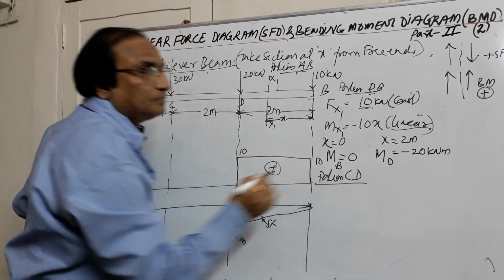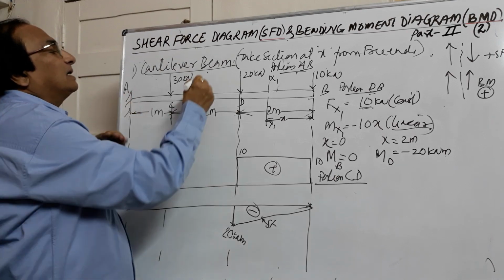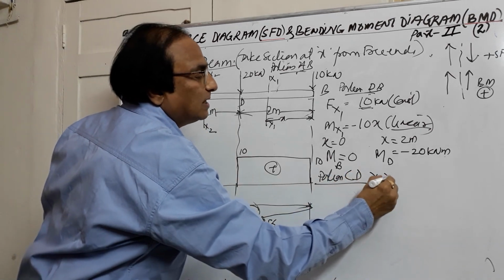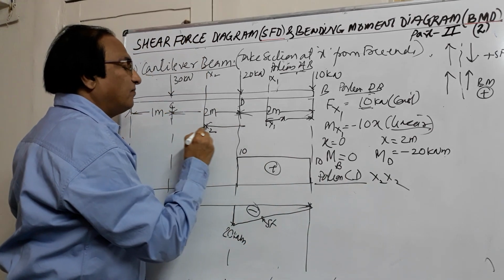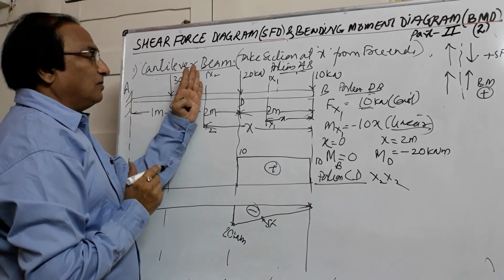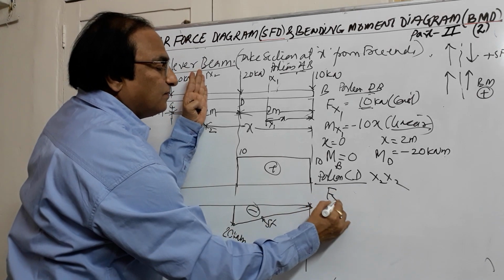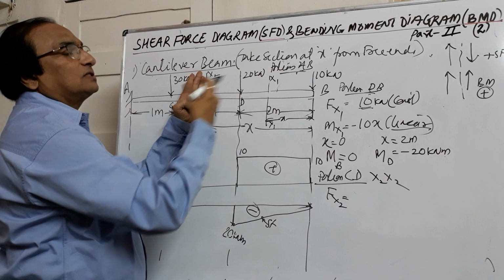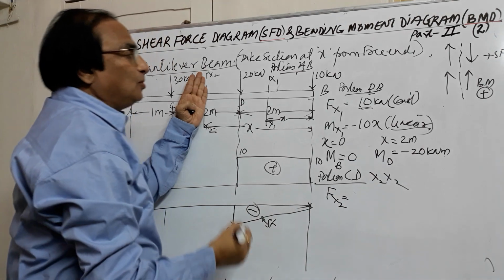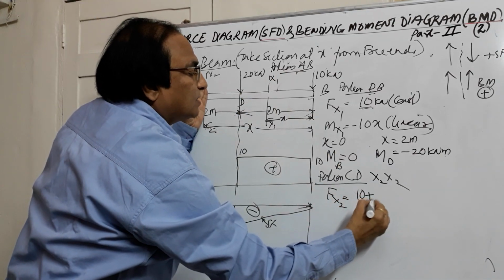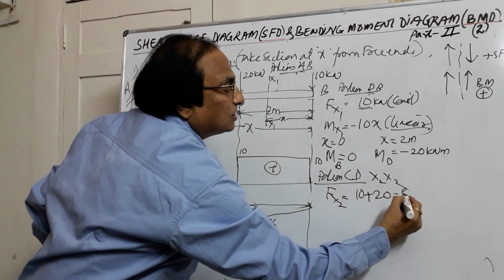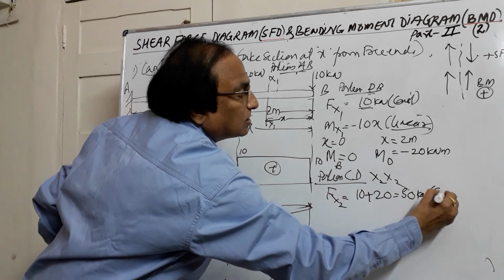Portion CD. If you see to the portion CD, let us consider a section x2, x2. So we are considering section x2. Again, the distance of the section from the free end is x. Forget that first. Now we are in the second portion. Now whenever I take second portion, if I take the shear force at x2, there are two forces acting on the right hand side. Both are down on the right. Down on the right, shear force is positive. Let us add them. 10 plus this is 20. That is a constant load which is acting there. So this will be 30 kilonewton and it is a constant.